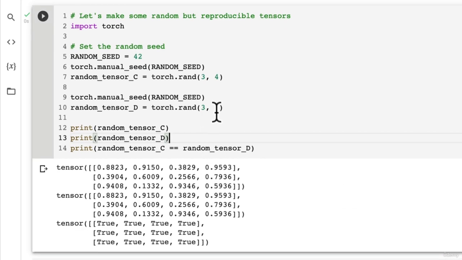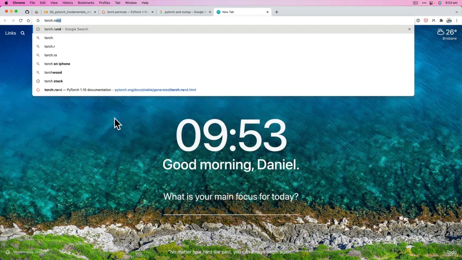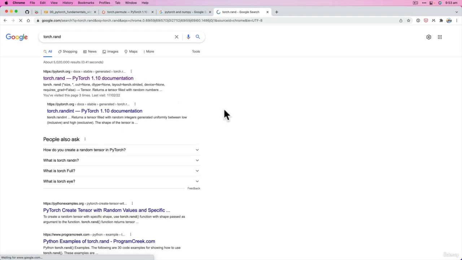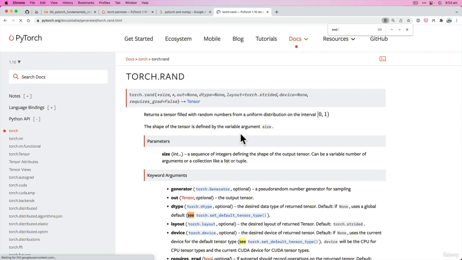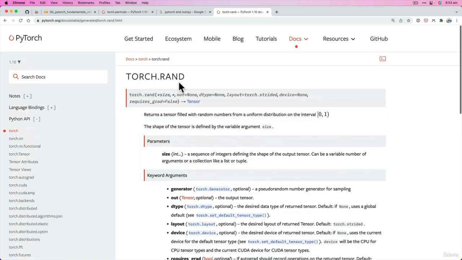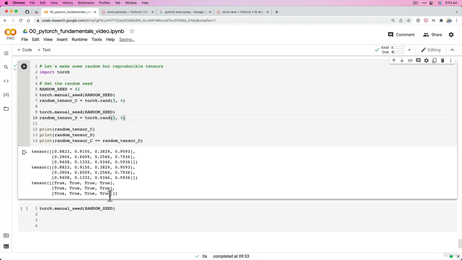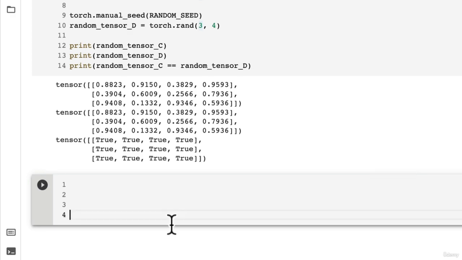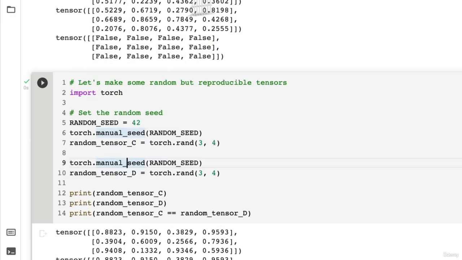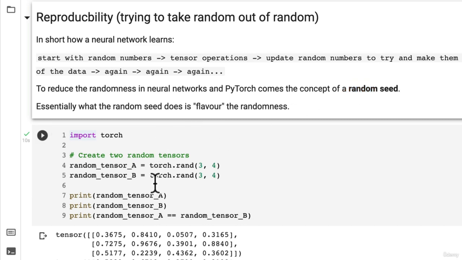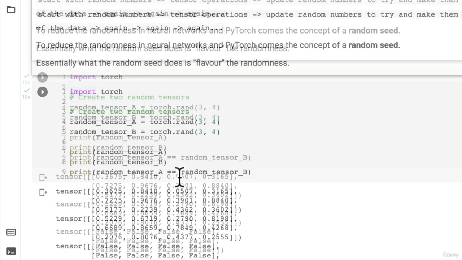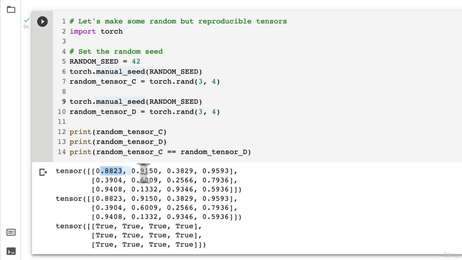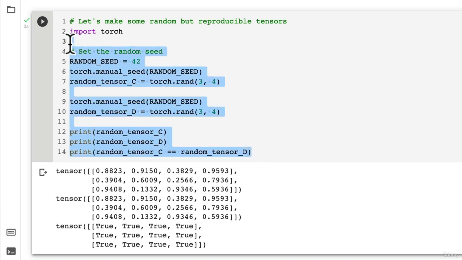Wonderful. So I wonder, does this have a seed method? Let's go torch.rand. Does this have seed? Sometimes they have a seed method. Seed, no it doesn't. Okay, that's all right. The more you learn, but there's the documentation for torch.rand. And I said that I was going to link at the end of this video. So the manual seed, or the random seed, but in Torch it's called a manual seed, is a way to flavor the randomness. So these numbers, as you see, are still quite random, but the random seed just makes them reproducible. So if I was to share this with you, if you were to run this block of code, ideally, you're going to get the same numerical output here.